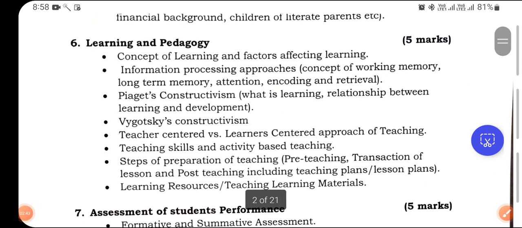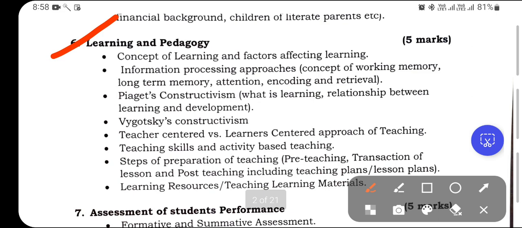Now this is the pedagogy section of 5 marks.